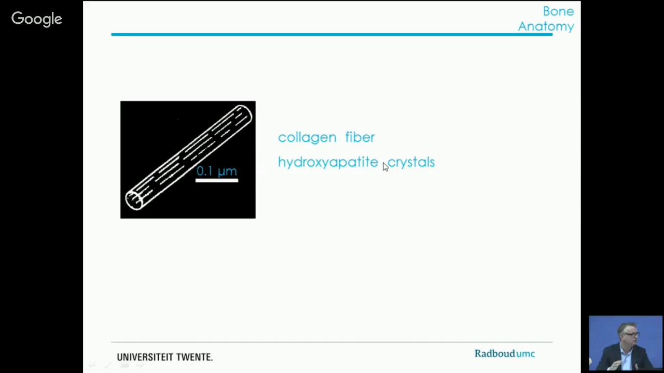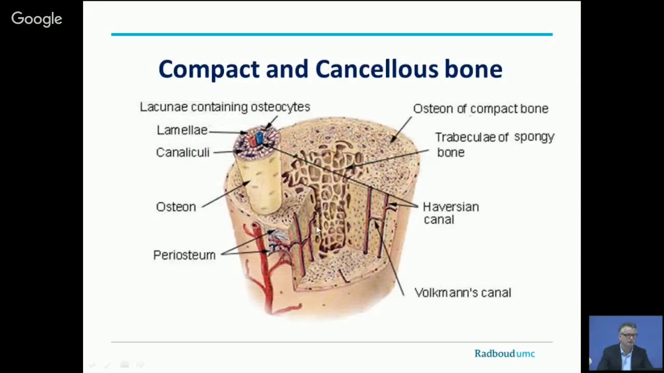under compression. And collagen makes sure that it's under tensile more strong, okay? So it's a biphasic material, which is very smart. Our body is, of course, very smart. When you look at it from a macro perspective, we can see this